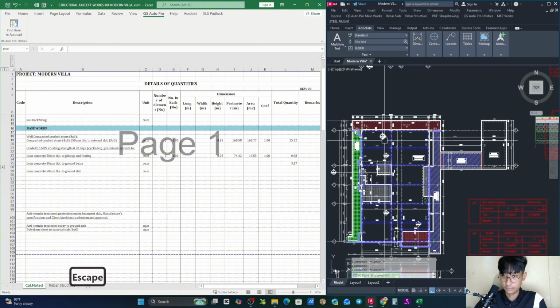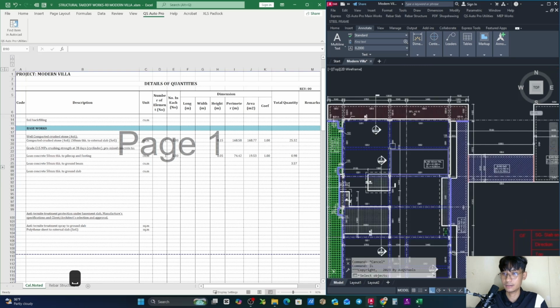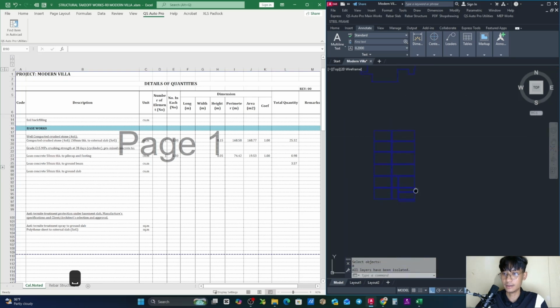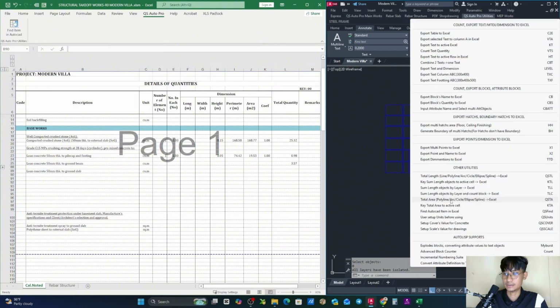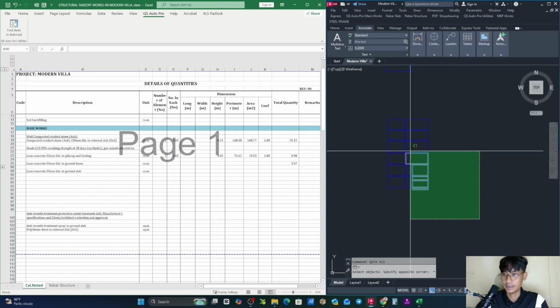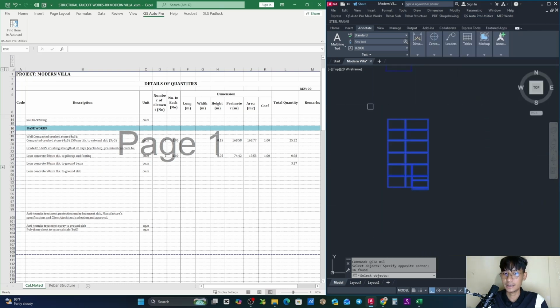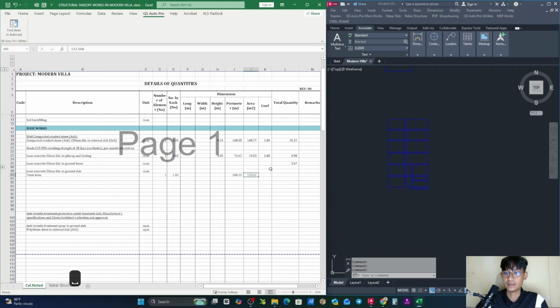Then we use the command IL, isolate layer, and then click enter. Enter again. And as you can see, we got only the area that we need for our link concrete. And then we go to QS Auto Pro utility and click total area, or you can type the short command QSTA. Okay, and then you select all of it and click enter. Boom. So we now got the total area of it, which is